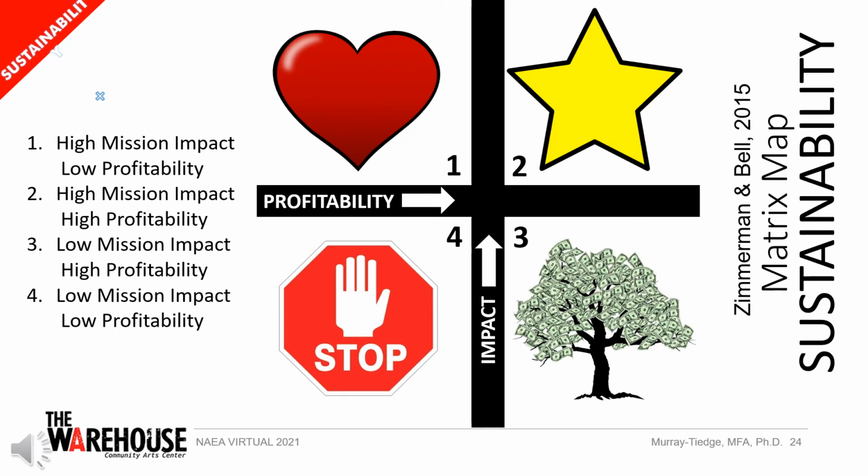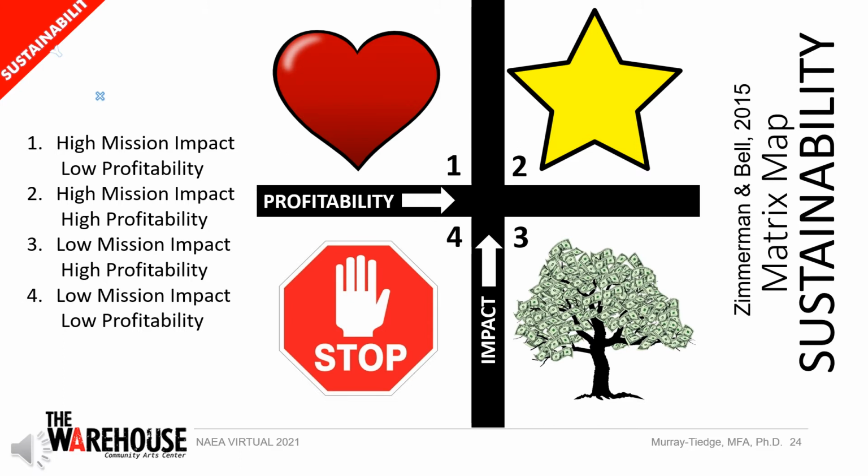So how do you pay for such a business model? How do you make the financial pieces work? Zimmerman and Bell's matrix is a strategy for sustainability. Quadrant 1, high mission impact, low profitability. This quadrant represents why we are here, to provide creative opportunities for all, regardless of age, skill level, or economic